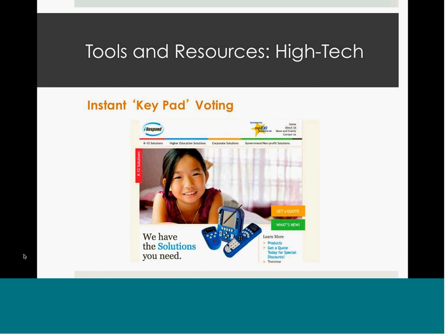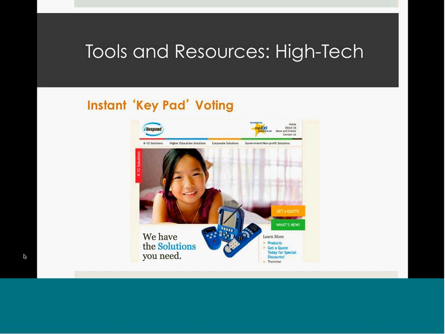But first and foremost, items like instant keypad voting or polling. There are several companies that provide these tools. Essentially, it's a handheld device that is used in a traditional face-to-face meeting that syncs with PowerPoint slides where you can poll the audience, similar to the show Who Wants to Be a Millionaire, the Ask the Audience tool.